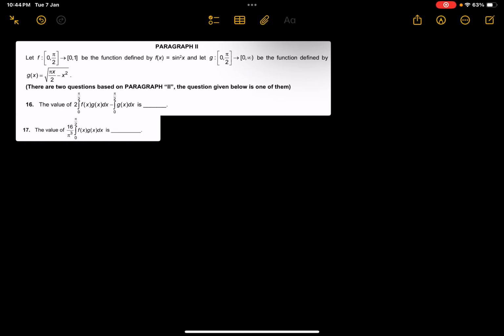So we have another one from integration. This is the last question. This is a paragraph again. So we have